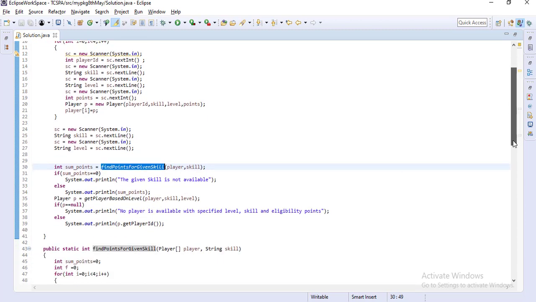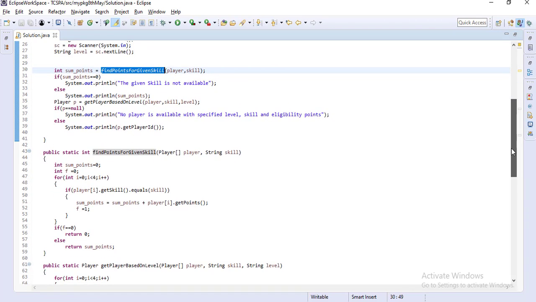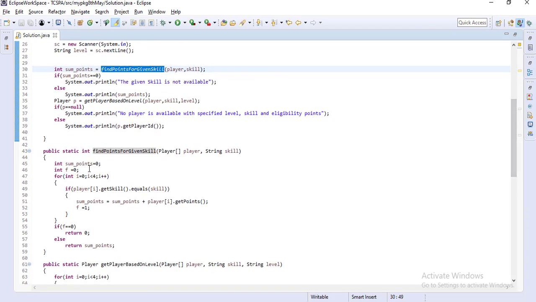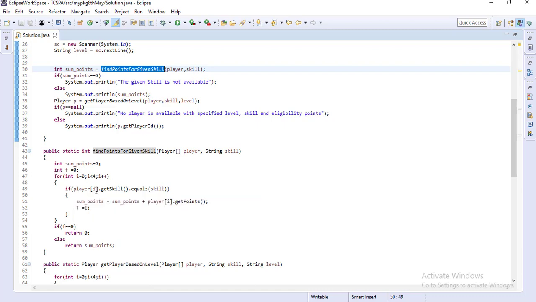Based on the return type we print either the error message that this is not available, or the required field, that is the sum. For the first one it's sum of points and the second one is the player id. In that method we have written one for loop and checked that get skill equals whatever skill we have passed, then we do the sum of points and return it, or if the sum is 0, we return 0.